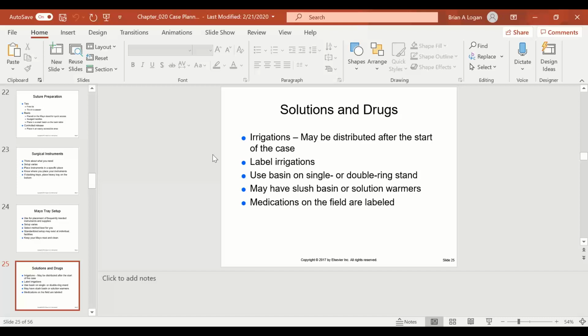For your dirty instruments, and what I mean by dirty instruments, this is at the end of the procedure. These are the instruments that you actually used on that patient. At the end of the procedure, all the ones you actually used, you will put into the basin and put,